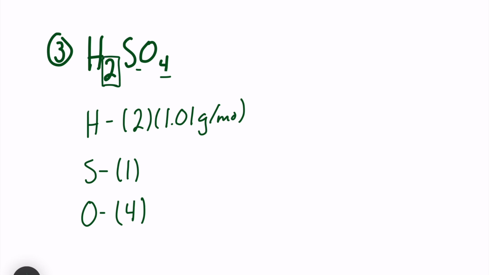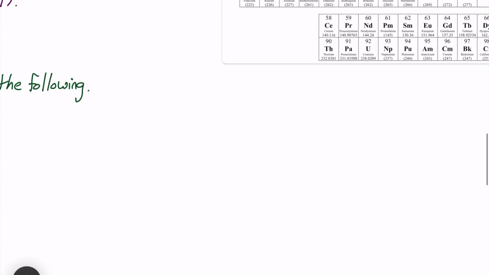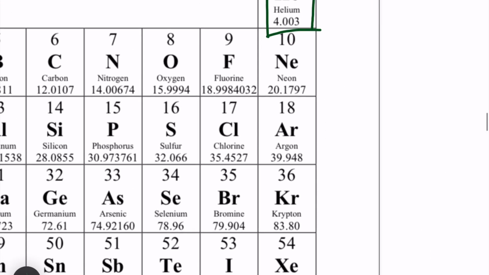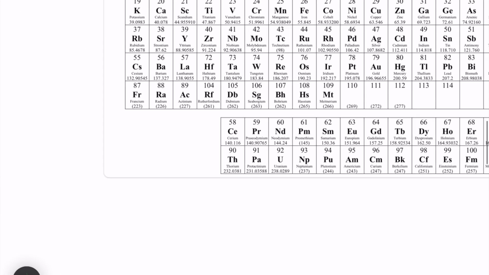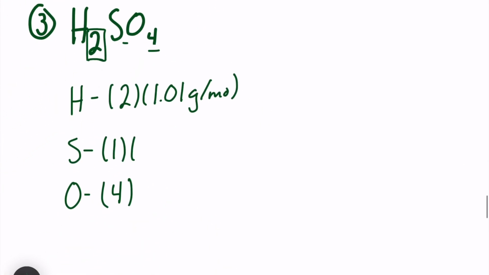There's going to be 2 hydrogen atoms. Next, we have to find sulfur's molar mass. So we'll scroll on over to our periodic table. Sulfur has a molar mass of 32.07. So we'll write that down, 32.07. And there's just 1 of them, so we will just multiply by 1. So 32.07